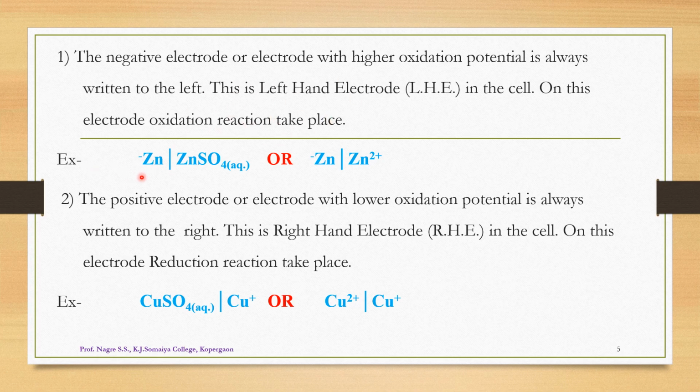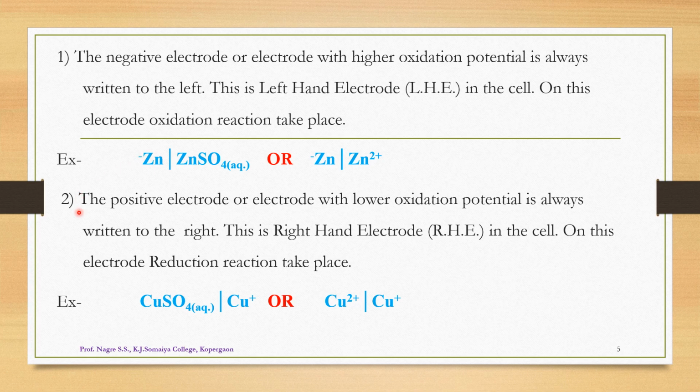So let us look towards a simple example. Suppose a zinc metal rod or metal strip is immersed in an aqueous solution of zinc sulfate. So this is one simple example of an electrode having a negative charge. So we can say that such a type of electrode is always written on the left hand side for the representation of a cell, and this electrode is called as the left hand electrode. This electrode may be represented in another way, that is, we can represent this electrode like this: zinc having a negative charge, vertical line, zinc 2+. So this is the first important convention for the representation of a cell.